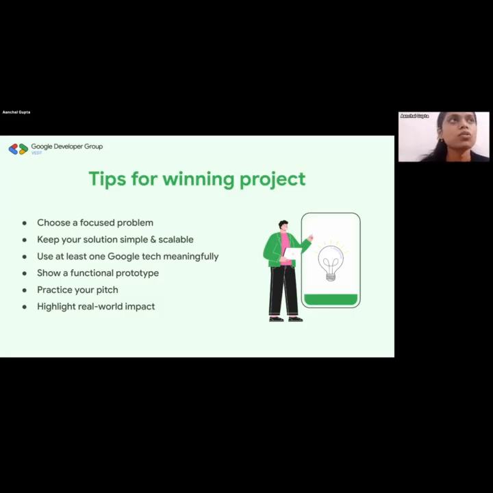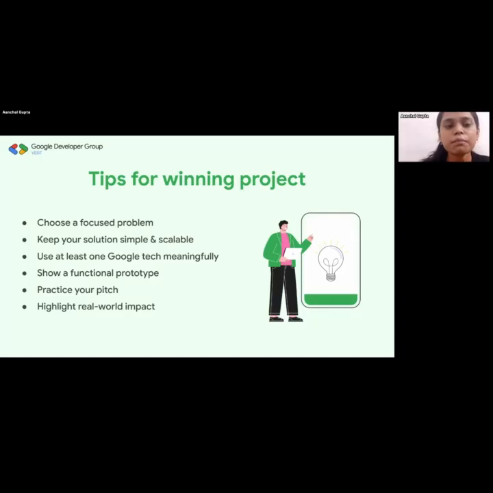They suggested that you build this for college students, because we ourselves are college students. So we understand the problems that college students face, and this also narrows down what problem we are looking at. So we can specifically focus on college students and identify their problems and solve them. So choose a focused problem. It's very important that you narrow down what you're trying to solve and you focus on that.